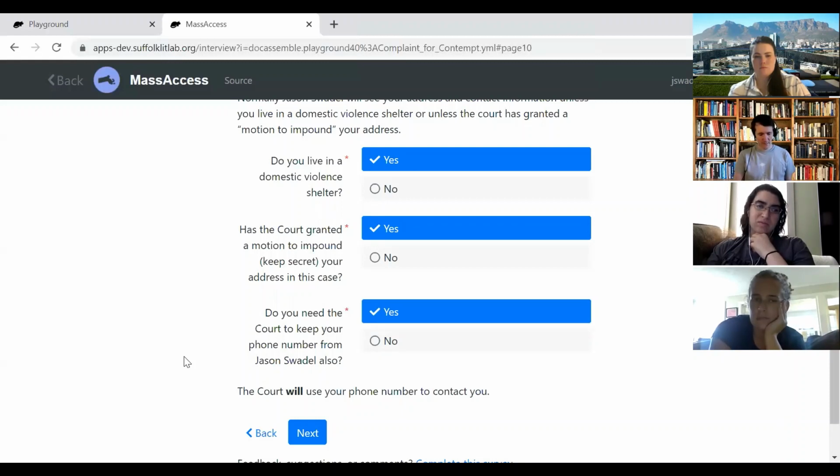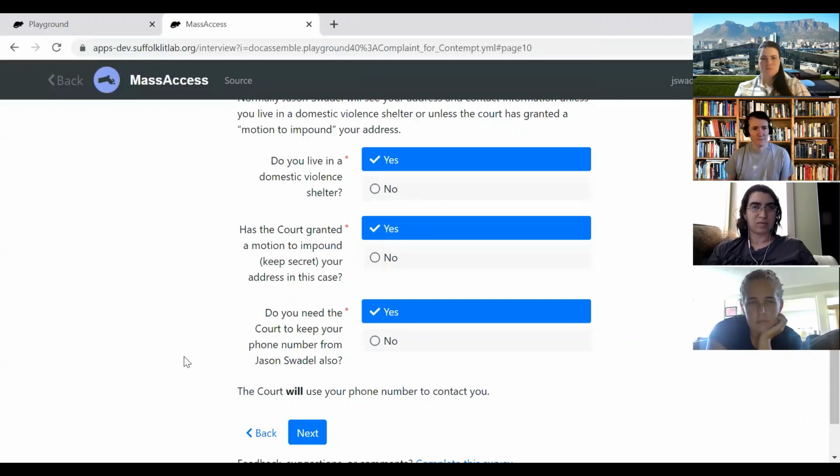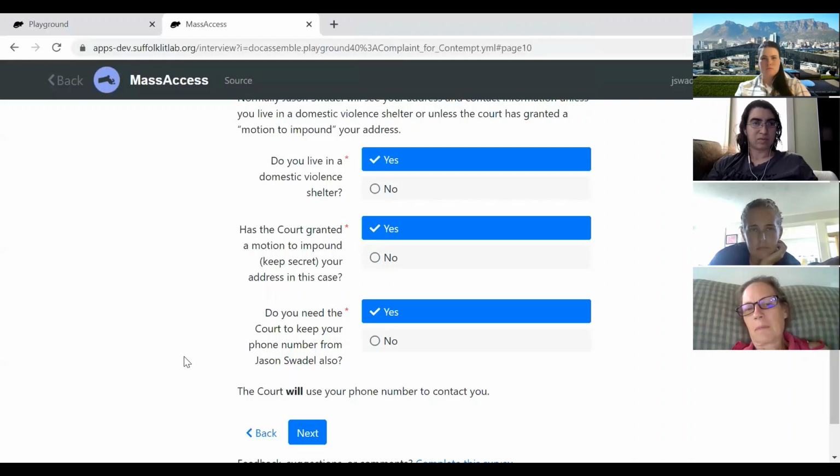Because it is a motion to impound versus the Motion to Impound, it's a little bit different. I think it's worth thinking about and then maybe putting in there. I'm having difficulty articulating why in some cases you would and in some cases you wouldn't. But I think it wouldn't hurt to capitalize the M and the I. Let's maybe go with that now. Also, it's part of the sentence, though. It does say motion to impound your address in this case.